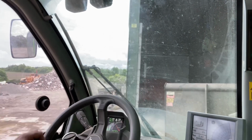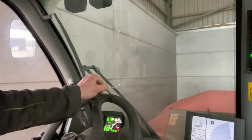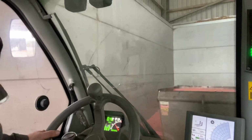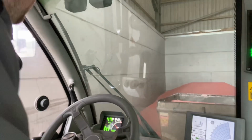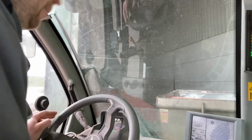It's now day 35 of cow isolation. We're putting a bit more potash on some of our ground, 100 kilos to the hectare. We've got it in bulk, tipped in the shed, because it works out about £20 a tonne cheaper than buying it in big bags. But it's still